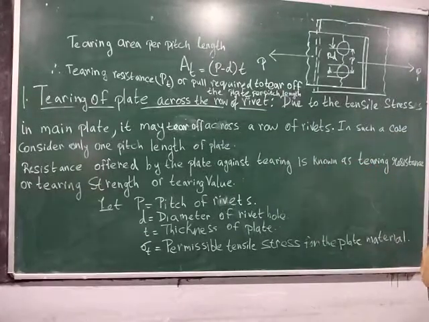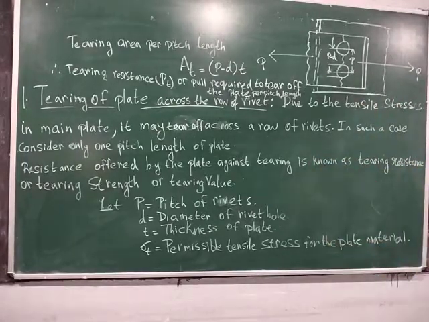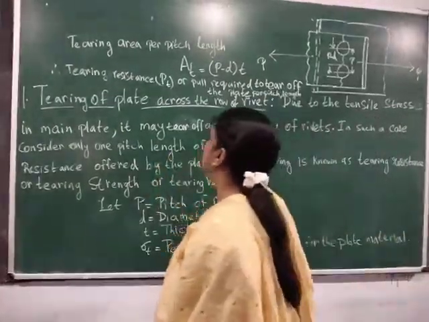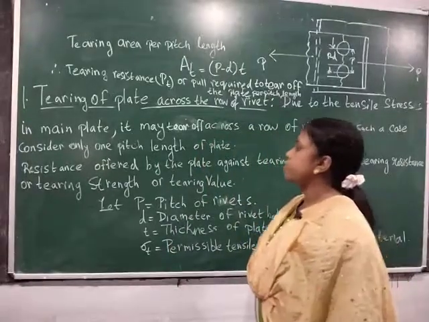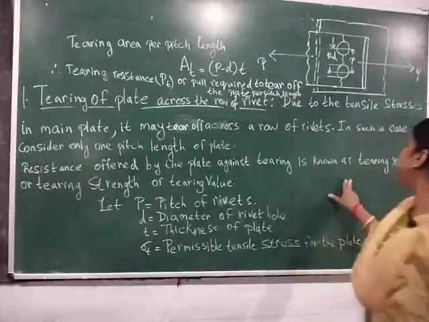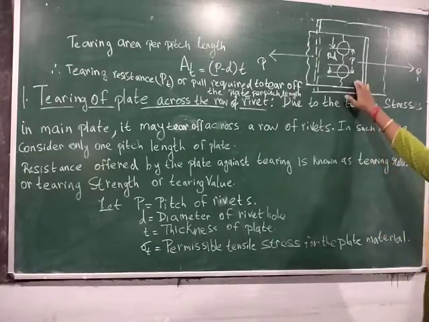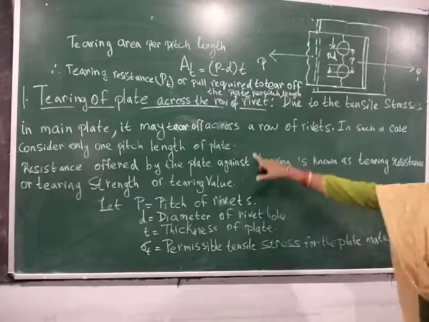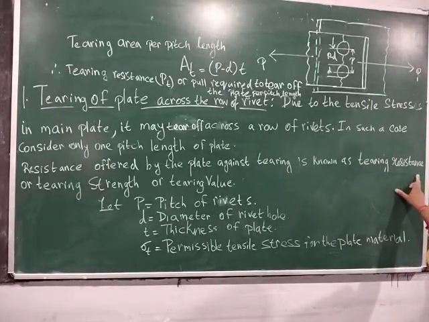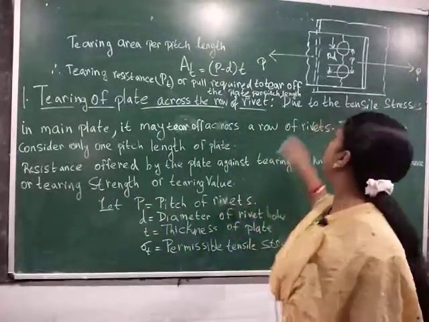So due to the tearing stresses produced, the plate may tear across a row of rivet. In such case, only the one pitch length of the plate is considered. Next, the resistance offered by the plate against tearing is known as tearing resistance, or tearing strength, or tearing value. So in this figure,